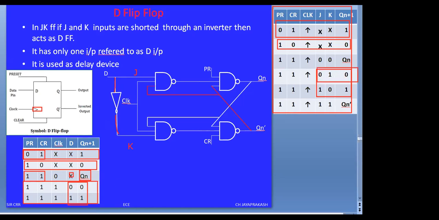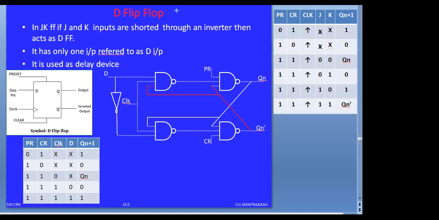The first line in the JK flip-flop, when it is 0 1, is called the reset condition. That will be 0. D equal to 0 transmits 0, and D equal to 1 transmits 1. Whatever input you are giving, the same data will be transmitted to the output. So it is called a delay device, buffer device or data device. If we apply 0 at the input, 0 comes at the output. 0 comes meaning it is passing through the first level NAND gates and second level NAND gates with a delay.